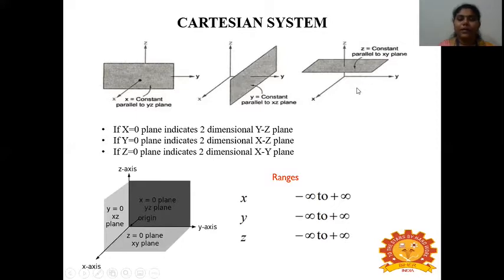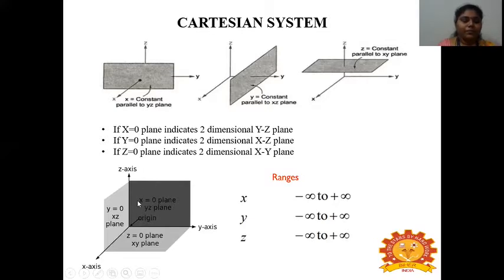Next, we will consider the third axis, that is z is equal to 0 or z is equal to a constant. At that position, the plane will be 2-dimensional, and the 2-dimensional plane will be x and y. If z is equal to 0, the xy plane will lie at your origin, but if z is equal to some constant value, the plane will lie at z is equal to 1 or 2 or 3, whatever the value may be. So the plane will lie at that value on the z axis.